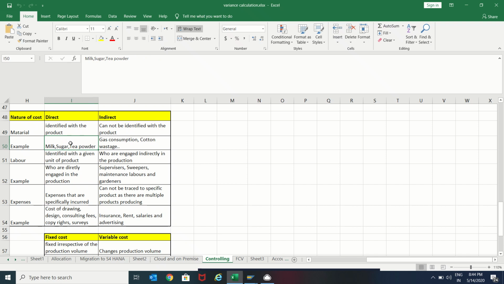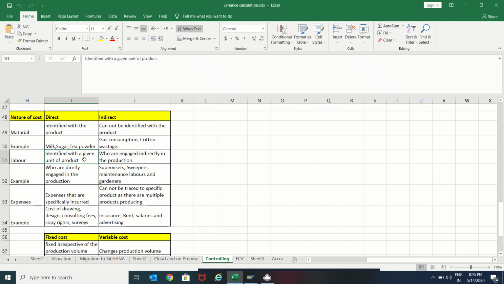When preparing tea, you use milk, sugar, and tea powder, and you know the quantity of each, but you have no idea about gas consumption, how much gas it is going to take, and cotton usage. These are the indirect materials.